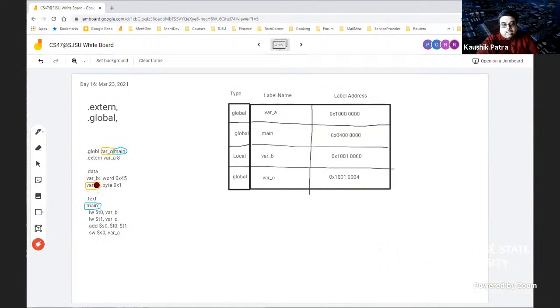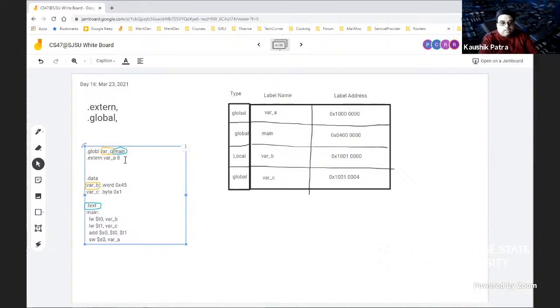You are defining, okay, from this address, which is represented by the var b label, place a word with value 45. You need to actually have some initialization code there in the data section. But for the extern part, you don't need any initialization. You just need to tell the assembler, hey, reserve this much space, which in turn means, let's say you have another